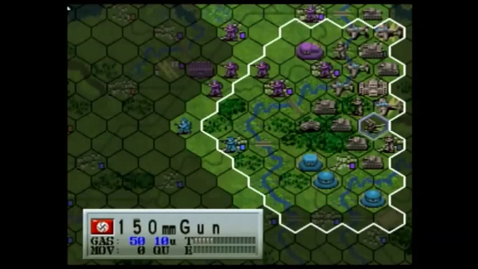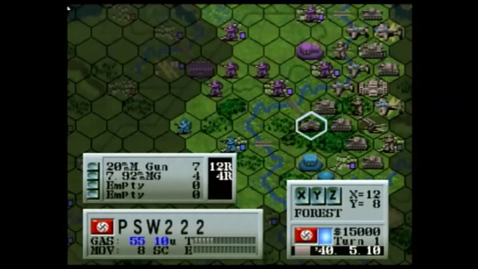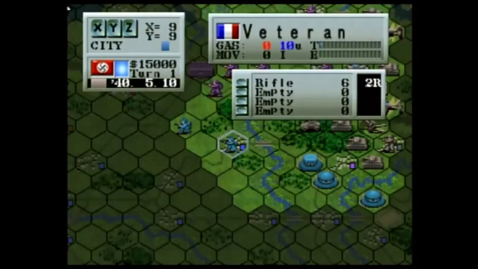Let's show you what attacking is like here. Oh, before, let's just show you basically how basic attack works. So let's click on scout car here. What was this guy's attack here? This guy's attack...